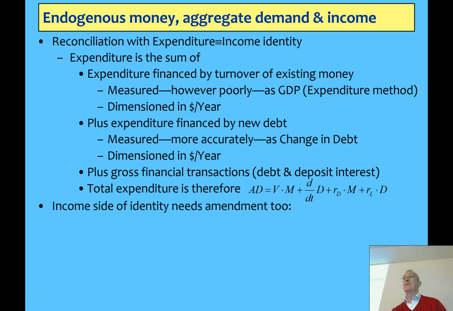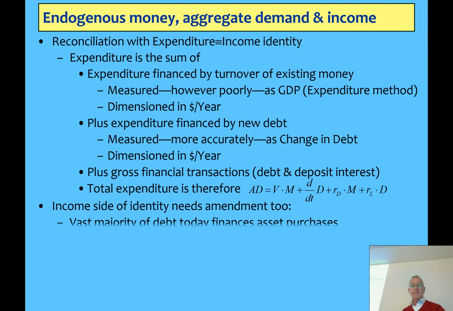So the income side you've also got to amend, of course, because one thing post-Keynesians have adopted from neoclassicals without being conscious of it in some ways is when they say income is identical to expenditure, they're dividing finance off into a separate box as well, which is what the neoclassicals do. Now we know the vast majority of money created these days is created to finance asset speculation. So the income side has to include realised capital gains as well.